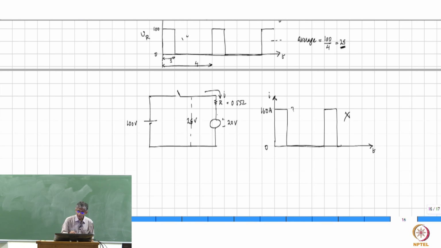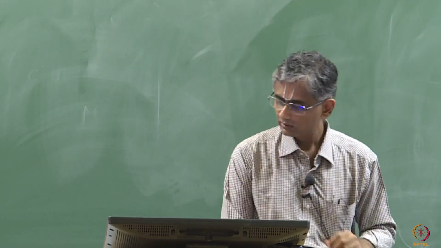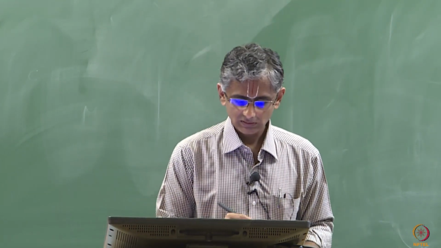This voltage may be acceptable, right? If this voltage is going to result in this current, then it's not acceptable. If this voltage can somehow be made to result in a smoother current, then it's okay, right? So the question really is not about this voltage that is generated. The question is about what we can do to this waveform. So that we will see in the next class.